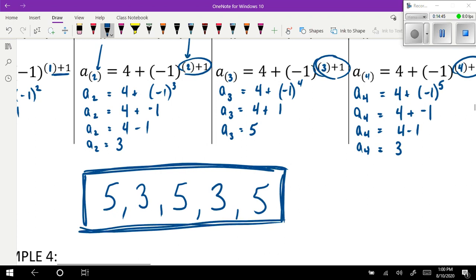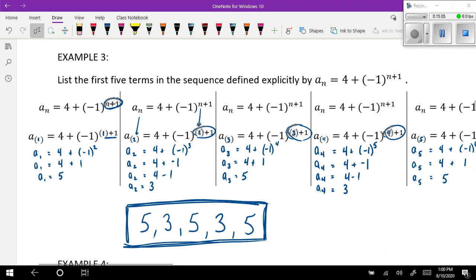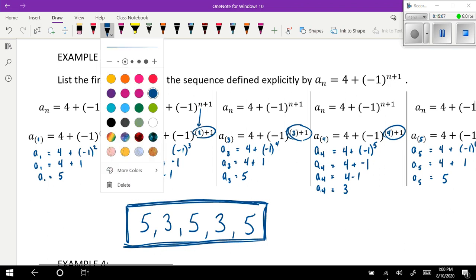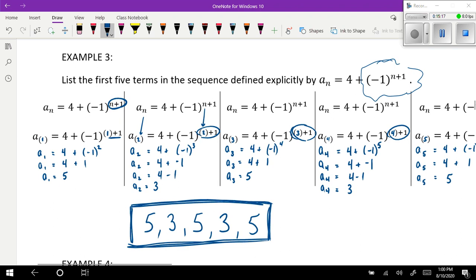Very good. Okay. So again, we're going to have to be able to come up with some kind of a formula that represents the pattern of the sequence 5, 3, 5, 3, 5, 3, and so on. Let's just take a peek like we did before and see if we can break this apart slightly, see what we have. I think I'm going to switch to a smaller pen. There we go. Okay, so I had negative 1 to the n plus 1. Can you guys think about this for a minute and tell me what you think this piece